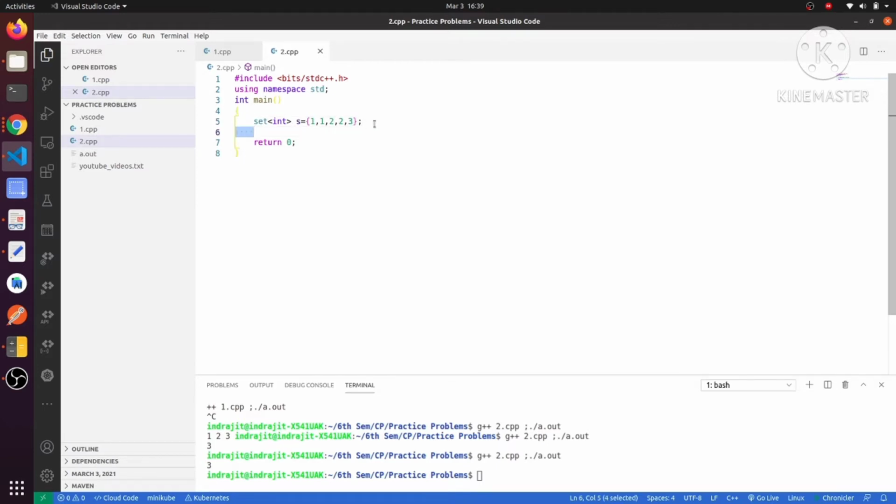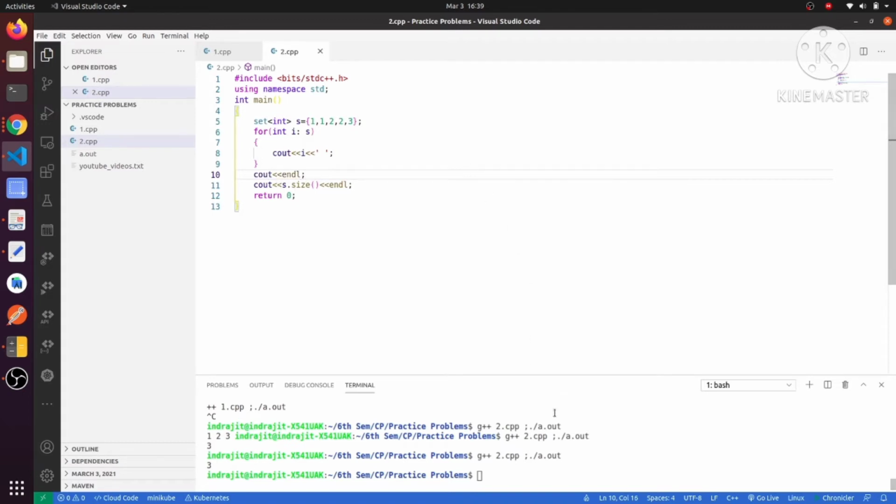So let us now code this and understand what it means. Suppose I have these elements: 1 1 2 2 3. If I print the set, we have to print it in this manner. Then you should see that it becomes 1 2 and 3.